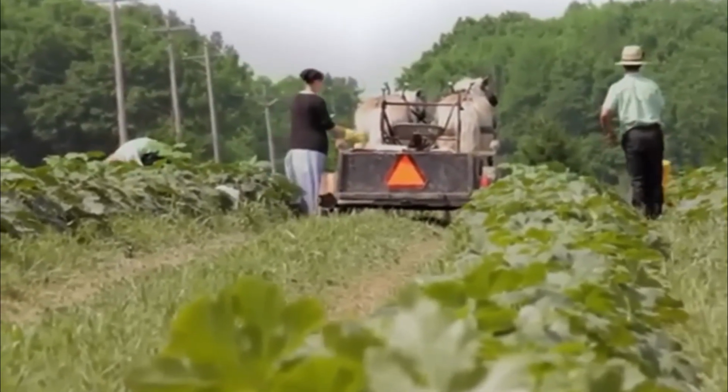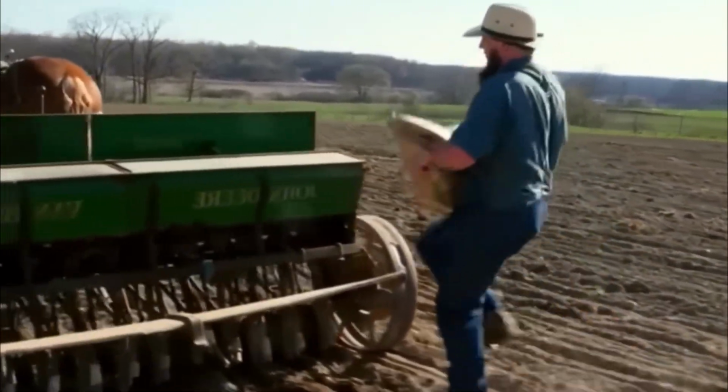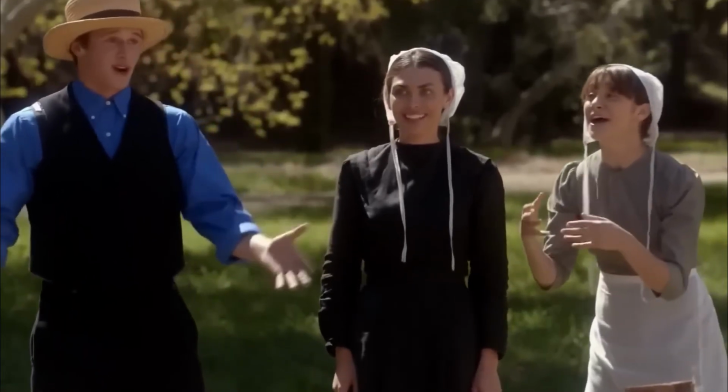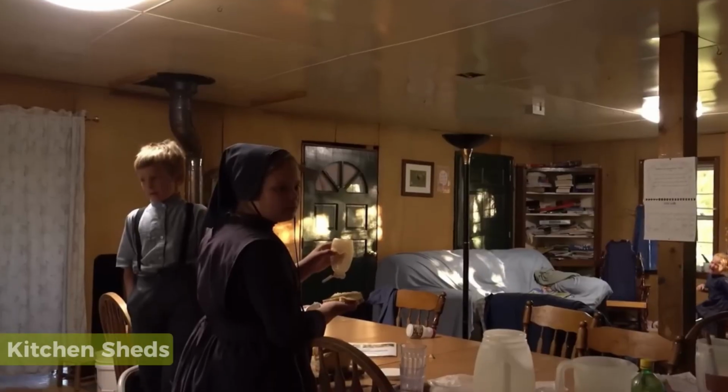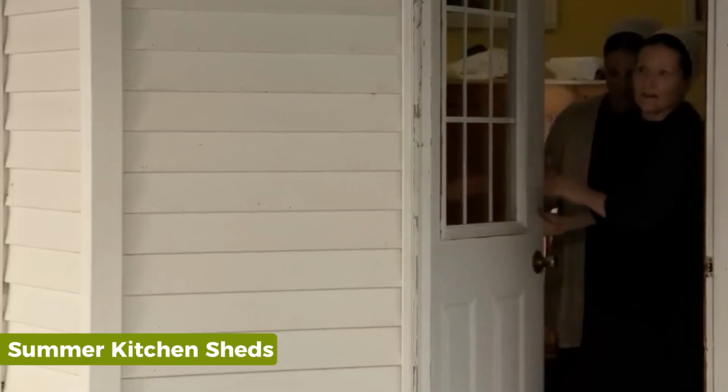It's not just about style. It's about staying cool the natural way. No batteries, no sweatbands, just tradition, design, and a deep understanding of how to work with the sun, not against it. Cooking during summer can turn a house into an oven, but the Amish have a smart solution: the summer